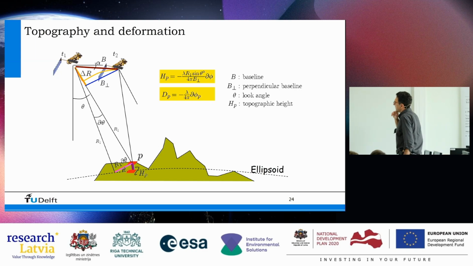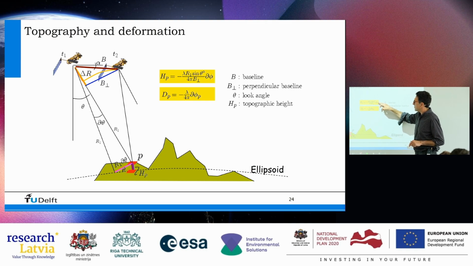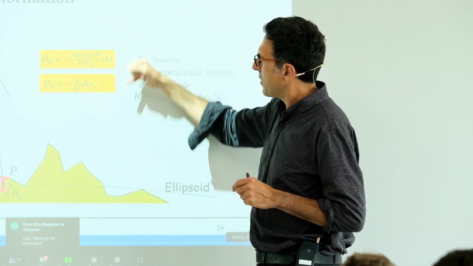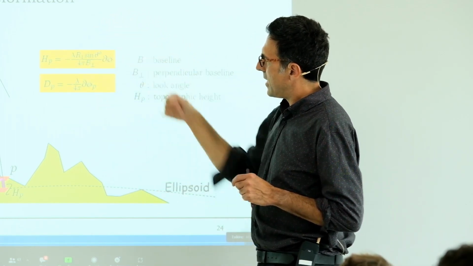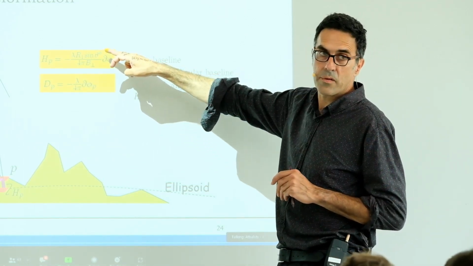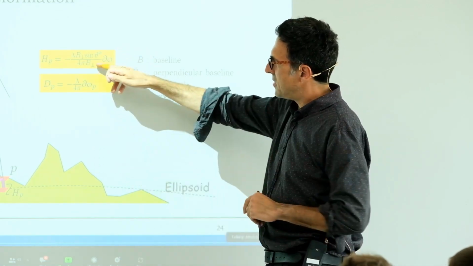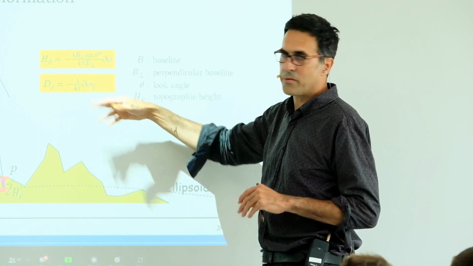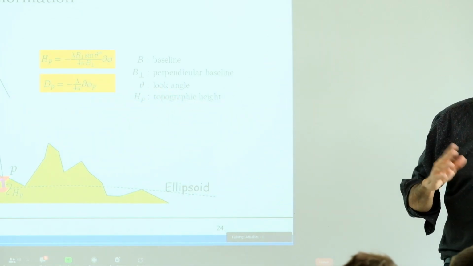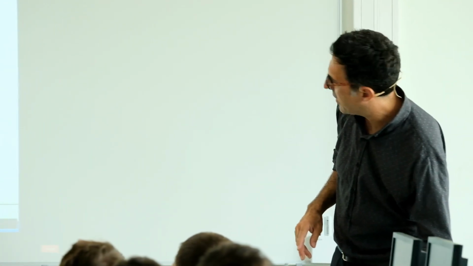Now, to finish this off, I was talking before the coffee break about the elevation dependency. So here we have phase, which is related to elevation, to the height of the mountain. And now I've been talking about the sensitivity of the phase to displacement. Now, what's the difference between these two? Well, the lambda divided by 4 pi is in both, but this r1 sine theta divided by the perpendicular baseline is only here for the elevation. So for the topography, measuring elevation, I'm always sensitive to this perpendicular baseline, but for the displacement, I'm not. So this whole sensitivity scaling drops out.